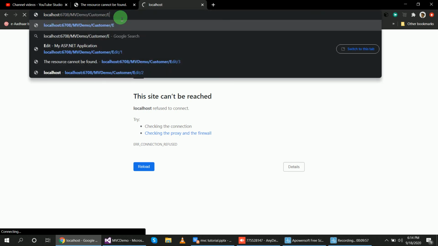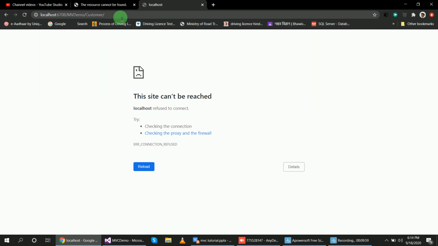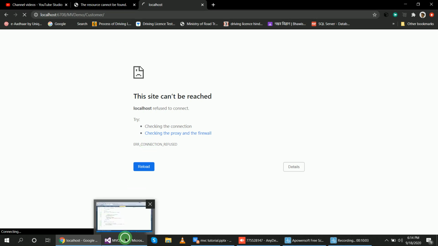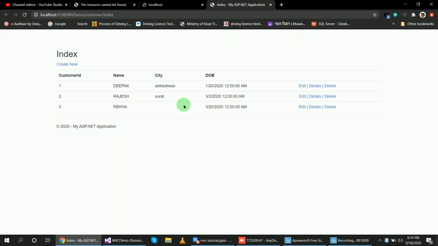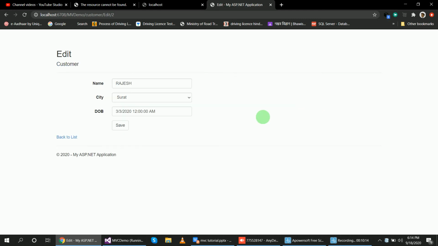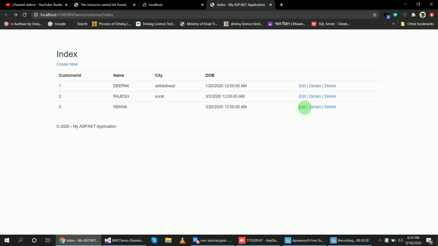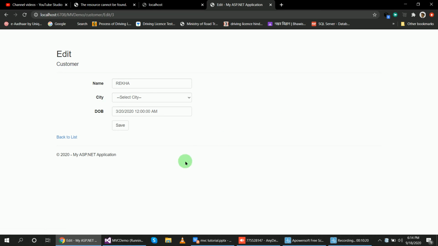First we will go to the index page. Okay, now I will click on the second number record. You can see the second number record is generated and displayed in the edit page. This is the third number record and this ID is present here.